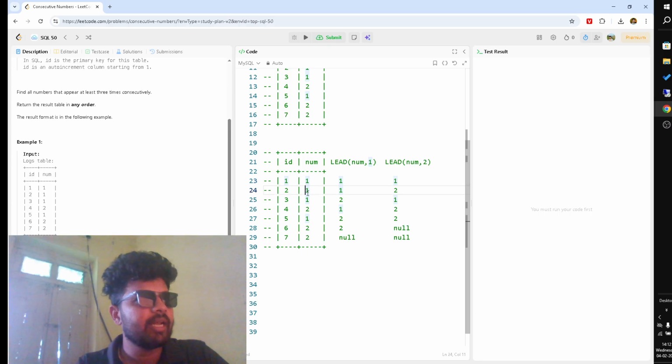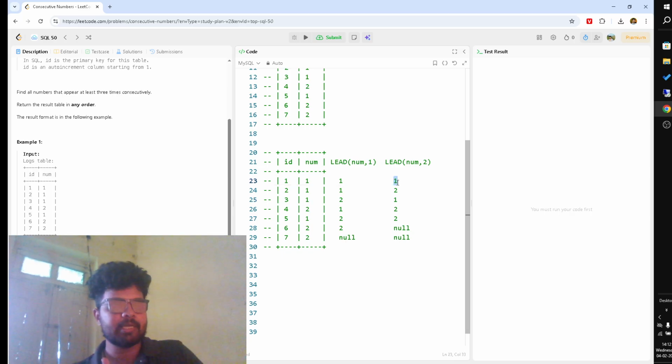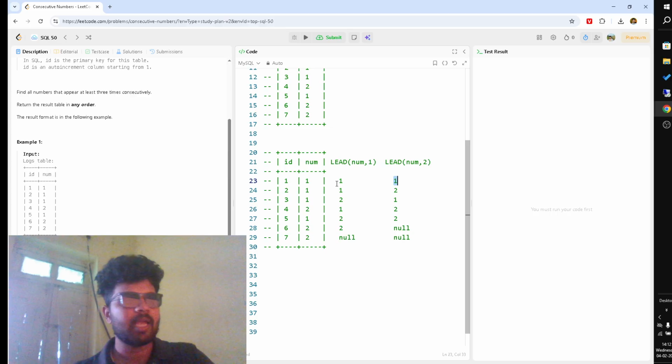One, next one, and next to next one are 3 consecutive numbers, and as you observe, 1 is here, the next one is here, and the next to next one, that means the value of num, is here. So we cannot compare in SQL first, second, third row without doing any operation. We cannot compare id 1 with id 2 and id 3 at the same time. We cannot do this in SQL. But if we use the window function,